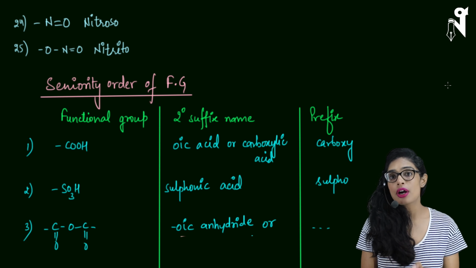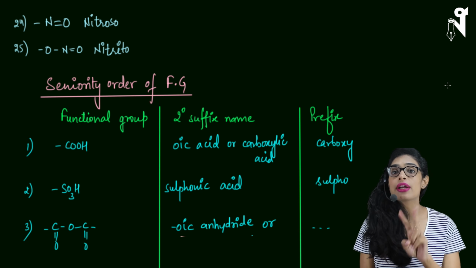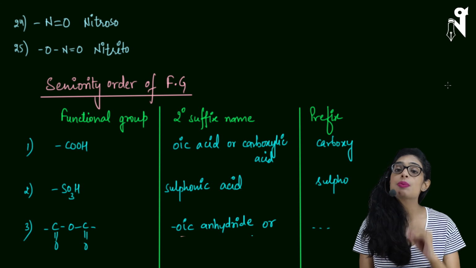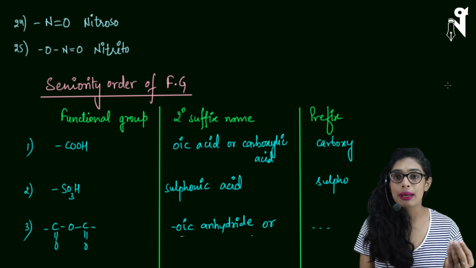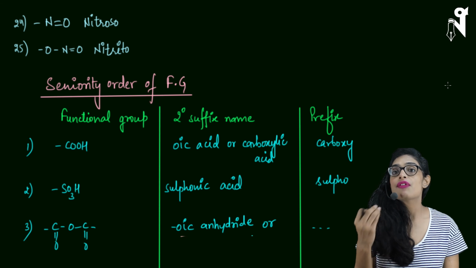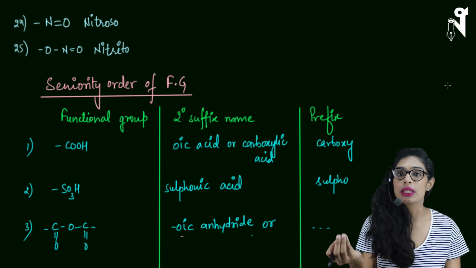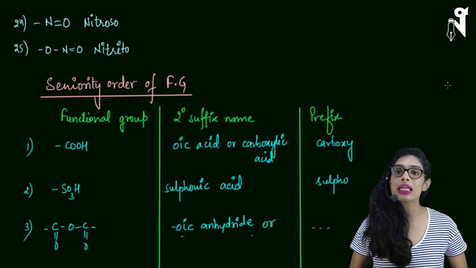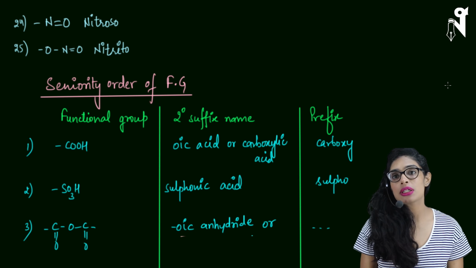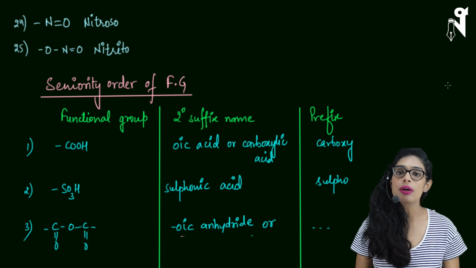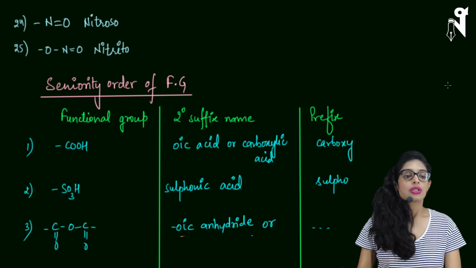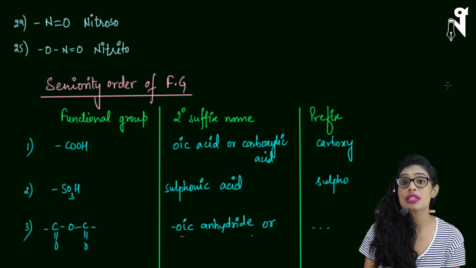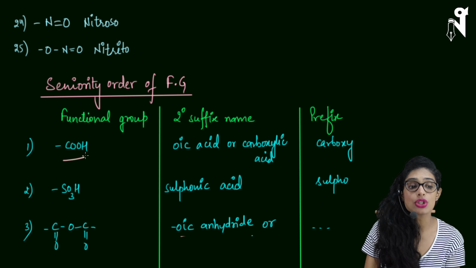So for all the functional groups, we have two kinds of names. One, if it is being used as suffix, what is the name? And another, if it is being used as prefix, what should be the name? So now we will be understanding the suffix name for a particular functional group as well as the prefix name for the functional group. Okay, so the first functional group, or you can say highest priority group, is COOH, which is nothing